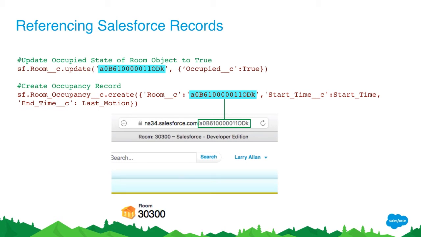As for the record ID, this is probably not new to most of you in the room, but just in case, to get your record ID in Salesforce, it's basically as simple as navigating through the browser user interface and looking up in the URL for that ID. This screenshot is specifically for a classic UI. In Lightning, it's slightly different, but the ID is always up in the URL.